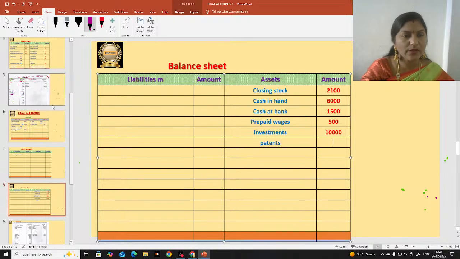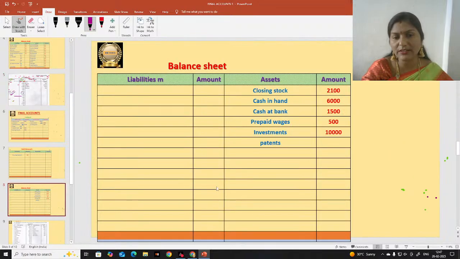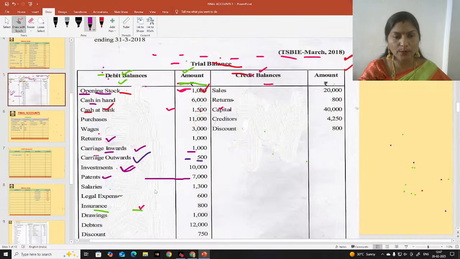Patents. How much do we have for patents? Patents value is 7,000. Let us record 7,000 here in the amount column. Hope this is clear for everyone. Let us move to the question again, see the item and record it in the proper place. The next item after patents is